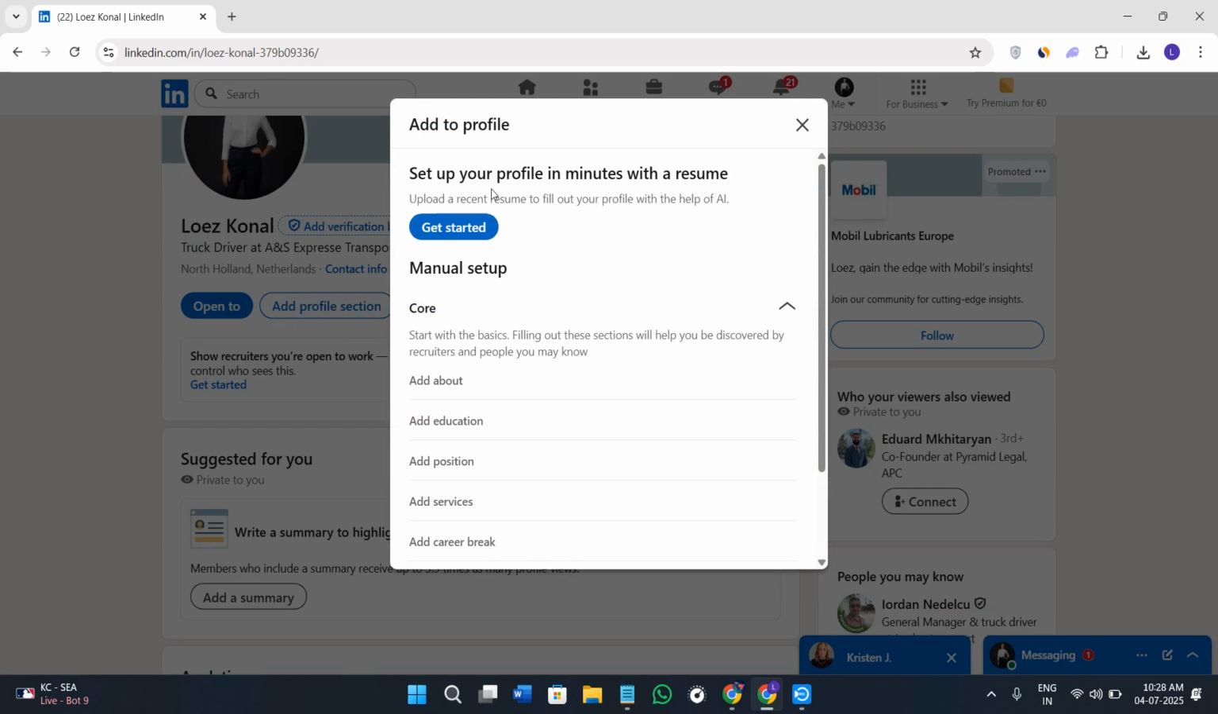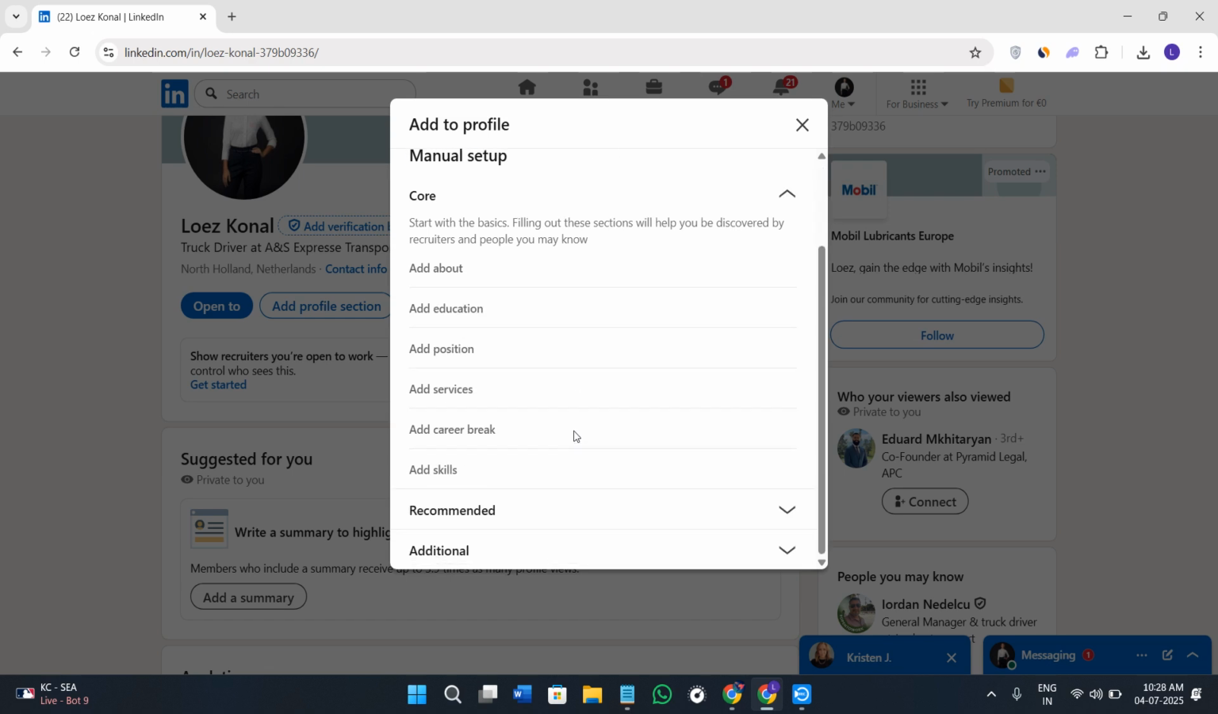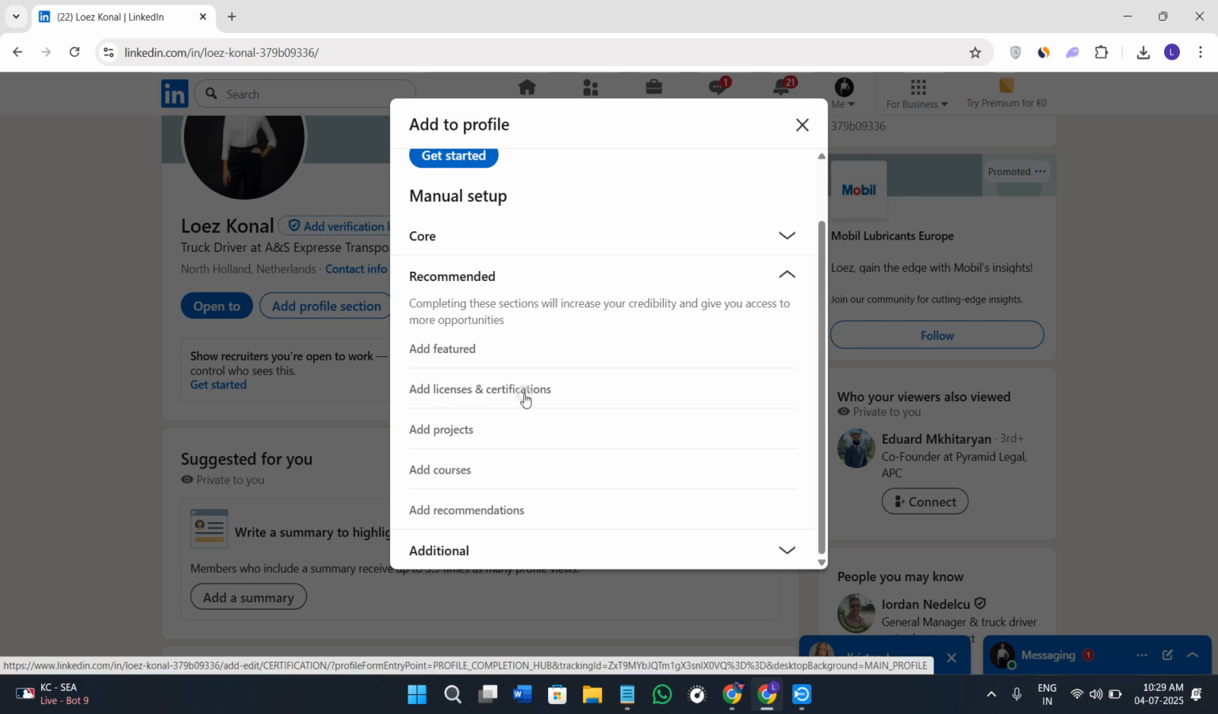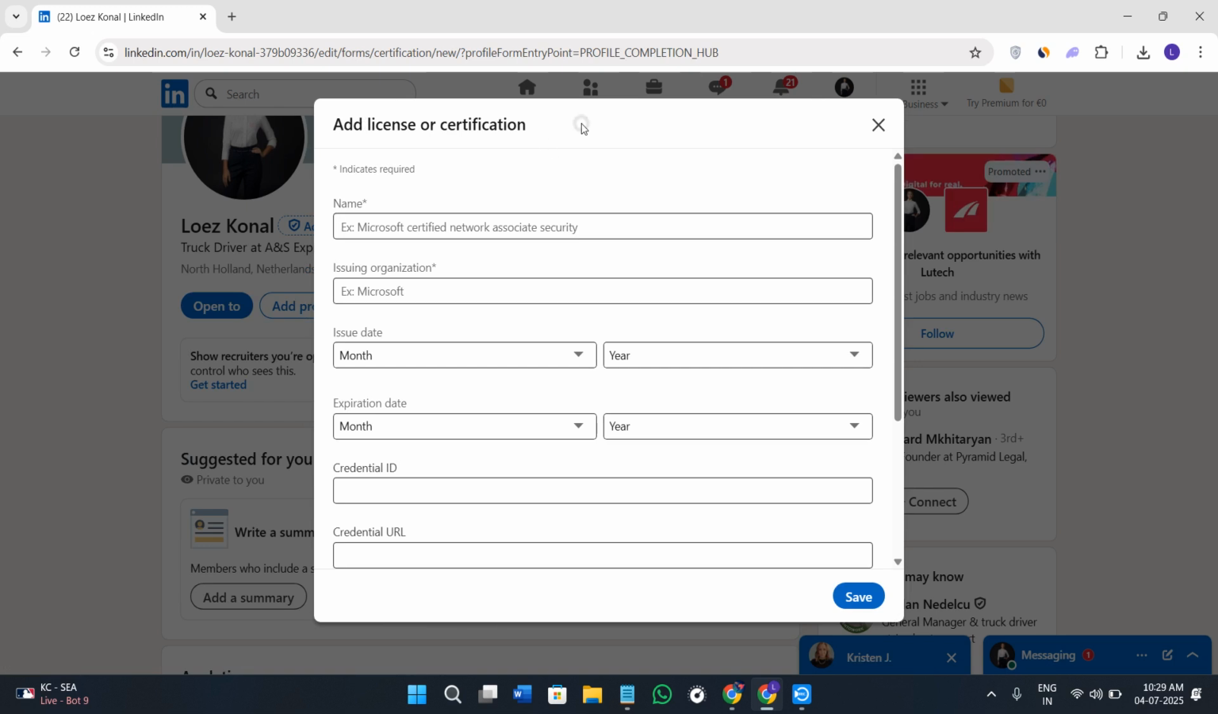Here you will see a bunch of different options like Manual Setup and Recommendation and Additional. So the certifications option is in the recommendation. So click on this drop down menu, and here we have the option of Add Licenses and Certifications. After clicking on this option, you will see this type of pop up in front of you